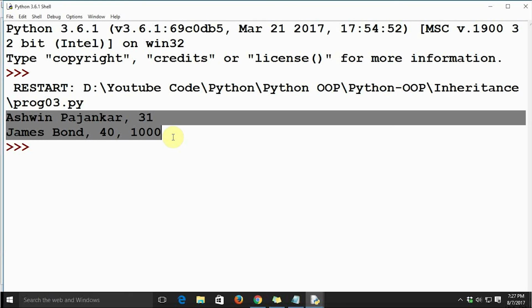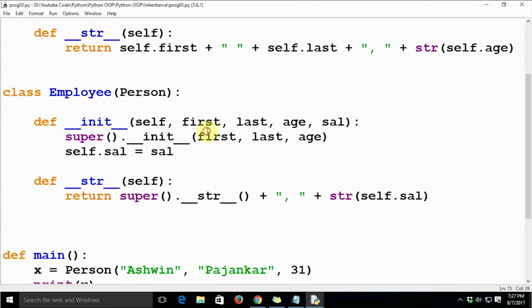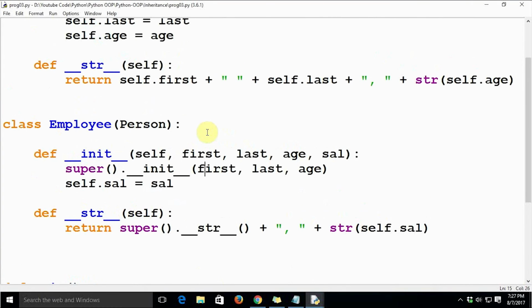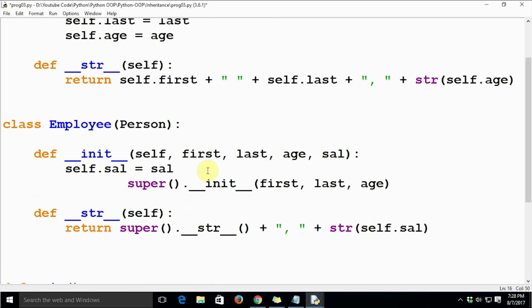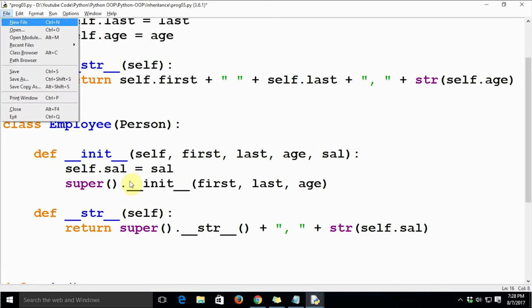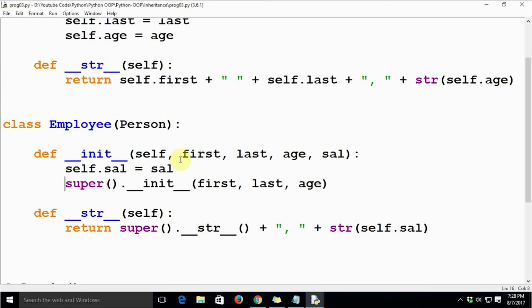As you have seen, it returns the same output. It returns the name, last name, and the age of the object for class person, and it returns the name, last name, age, and salary for the object of class employee. So this is how we use super. You might be wondering whether we have to use super in the very beginning, like in all the other object-oriented programming languages. In Python, it is not enforced very strictly. We can even use super like this. If we use super like this, it is not going to make much difference. It is not dependent on the order in which we call it.